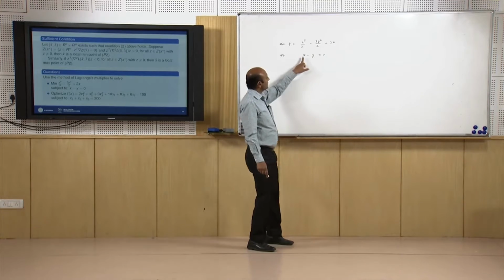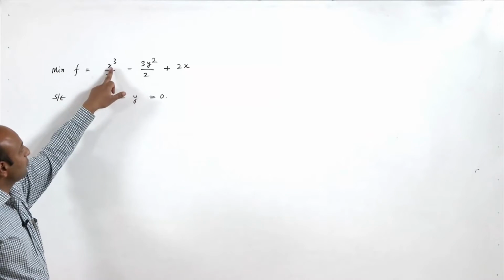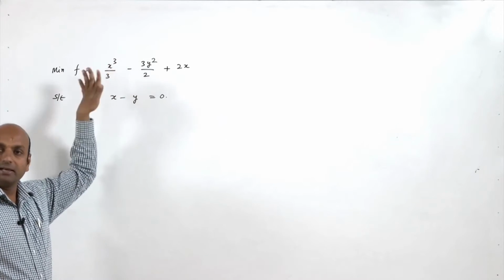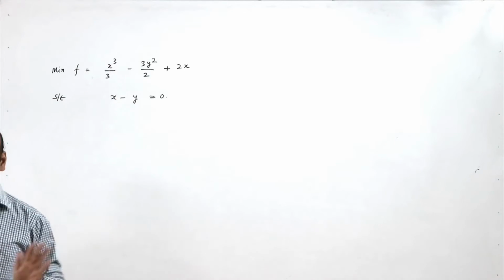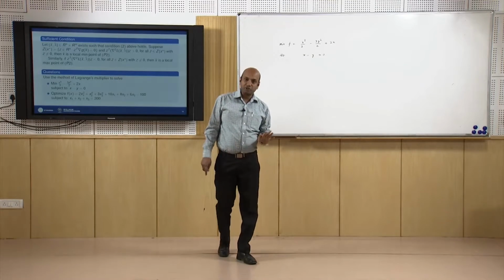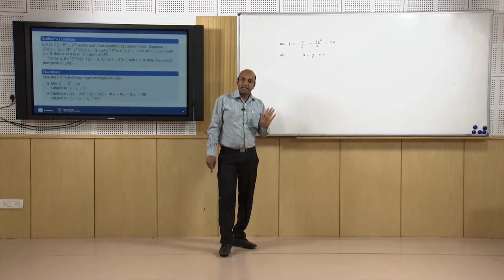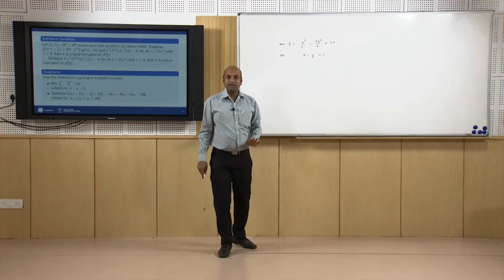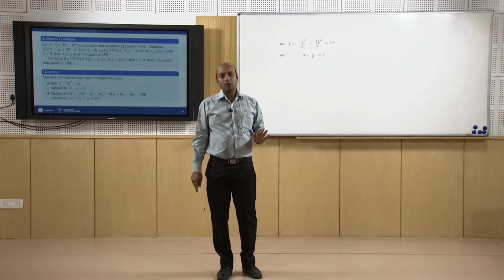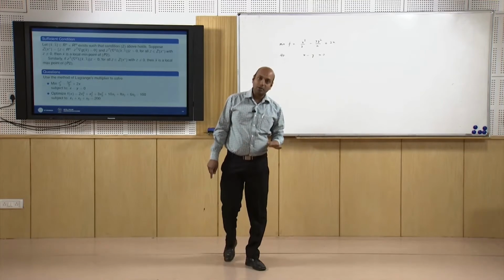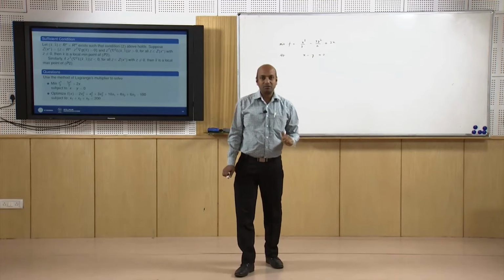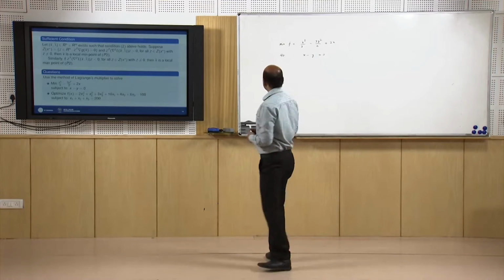You simply substitute x equal to y here and x equal to y here. So, it will be a one variable unconstrained optimization problem. You find the first derivative, put it equal to 0, that will be the stationary point, and to check whether that point is a point of local maxima or local minima, find the second derivative at that point. If it is greater than 0 it means local minima, if it is less than 0 it means local maxima. Now, if you have to solve the same problem using the Lagrange function, how can we do that? So, this is simply an illustration.